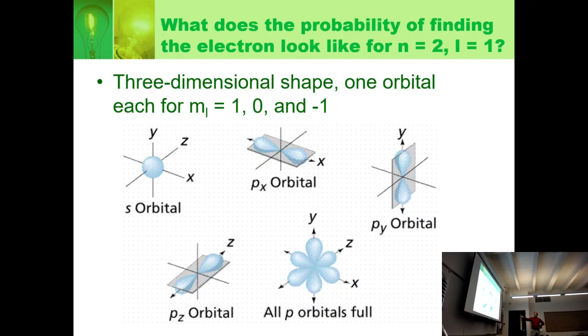And it turns out that the way that you can arrange all 3 of these are available to them. Each of these has a different m sub L, and that's how it works out in math. And again, we're getting to the edge of what we can do with math, but I want you to see 3 dimensions equals 3 p orbitals. Isn't that interesting? So the reason why we have 3 p orbitals might be related to the fact that we have 3 dimensions